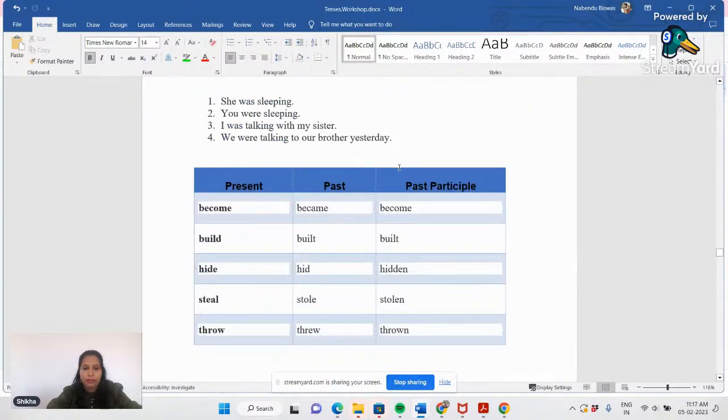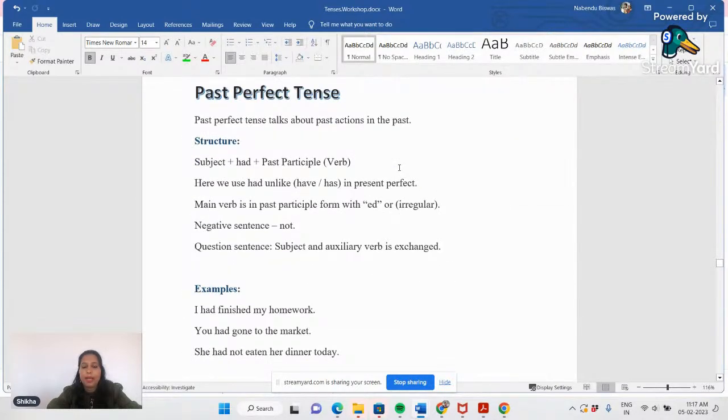Okay, and then we spoke about past perfect tense. It doesn't come under beginners, it comes under the advanced level of English. But if you understand it, it will be better for you, because it's not like we always use simple past and simple present, or present continuous or past continuous. We do use perfect tenses also. We always use has or have. But when you are using has or have, you should know whether your sentences are correct or not.